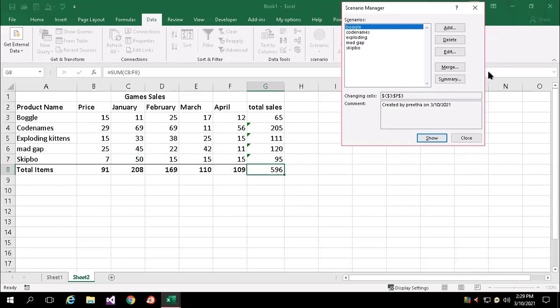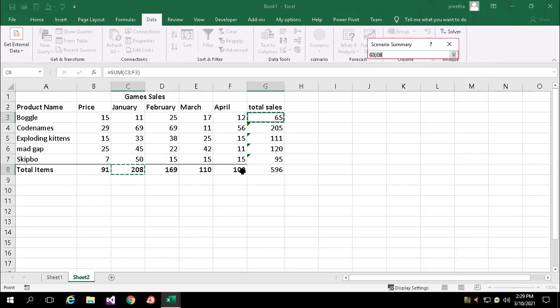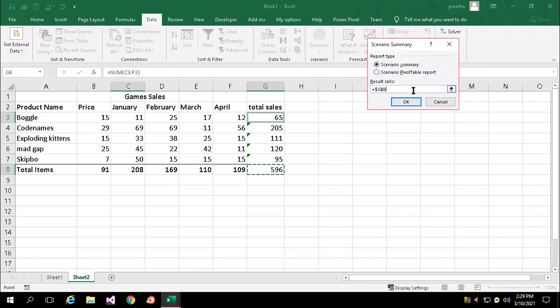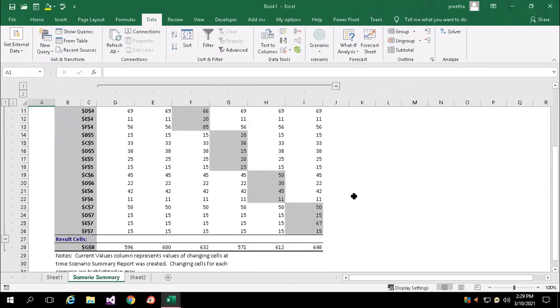Now, to go for the summary, you can see the report again. So which is the resultant cell? What is the final resultant cell here? By inputting all, what is the final value? That 596 is the total sales of this year. Here, what you are expecting, that I have done. So say okay. Because of different values, you are getting a different table.